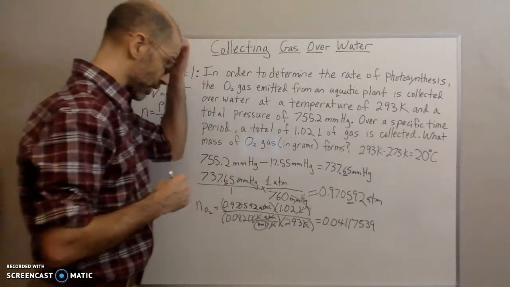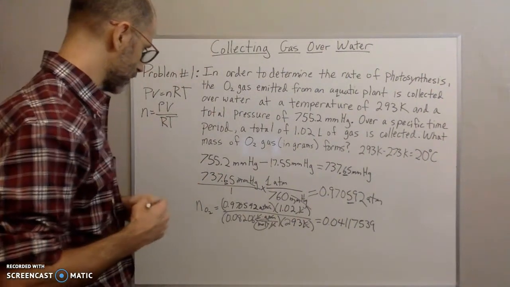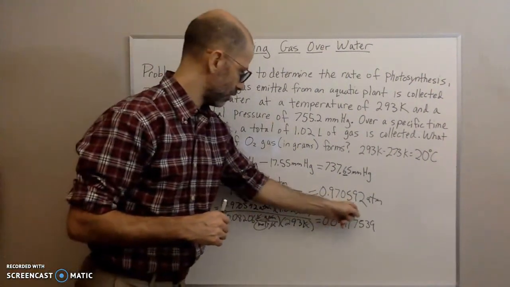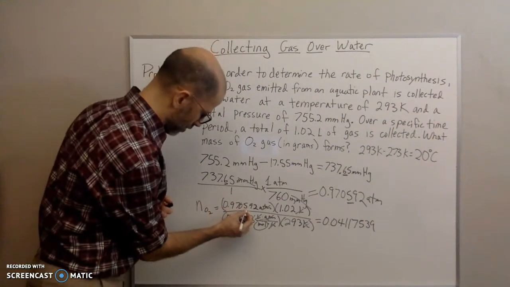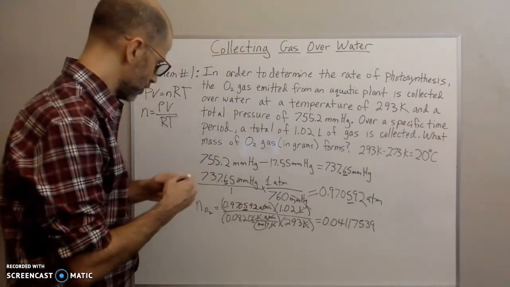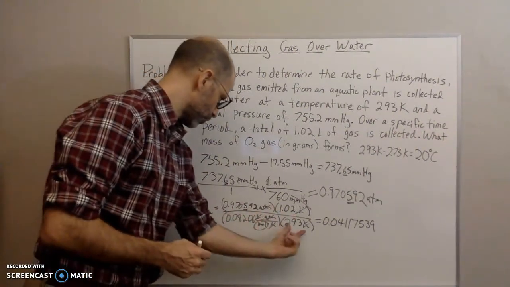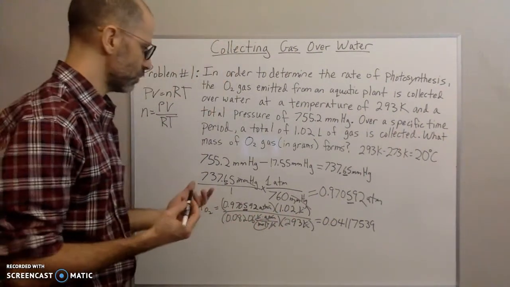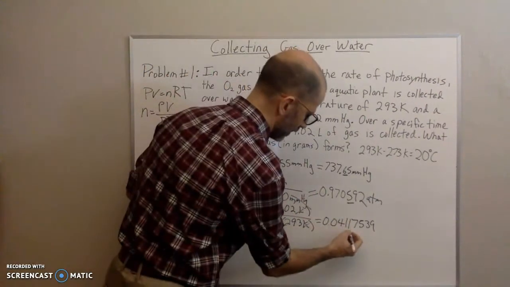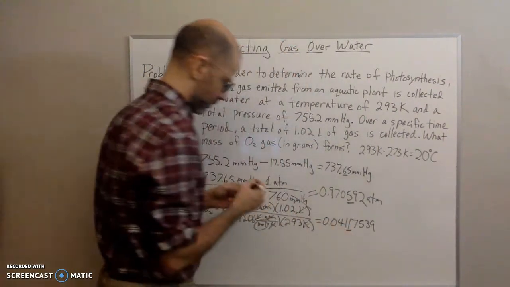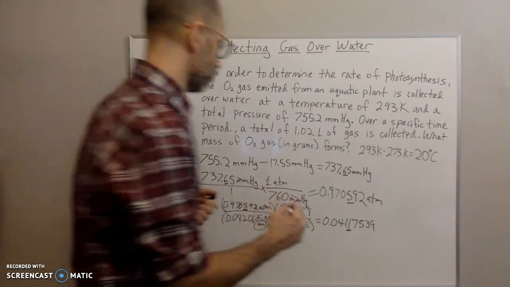And again, I have to keep track of my sig figs. So I was only allowed up to the 5 here, so underline that. So I have 4 sig figs here, I have 3 here, 3 here, and I have 4 there. So the least number is 3, so I'm only allowed up to the 1. Okay, so this is moles